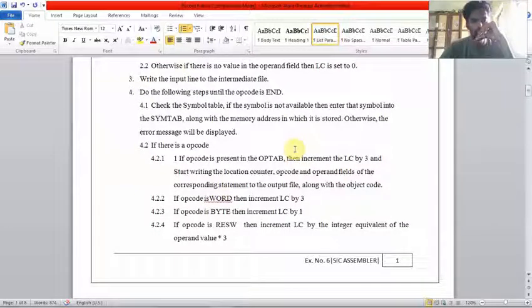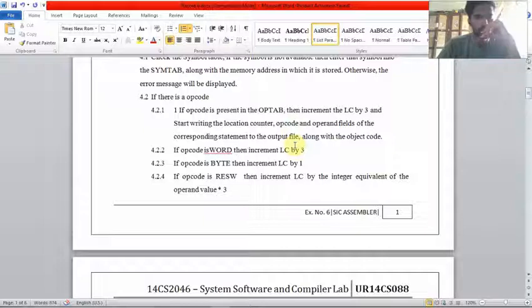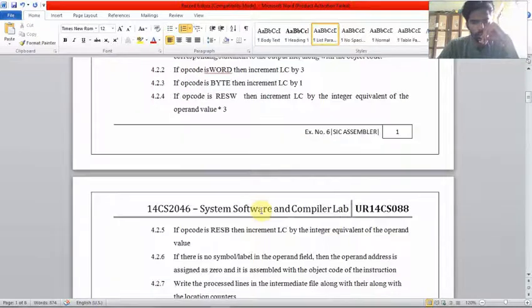The next thing is to check the symbol table. If the symbol is not available, then the memory address will be stored there. There are three types of opcode, like an opcode which is present in the OPTAB. If the opcode is WORD, the LC should be incremented by 3. If it's BYTE, it should be incremented by 1, which is the size. And if it's a reserved word, RESW, then it should be incremented by an integer equivalent of the operand value